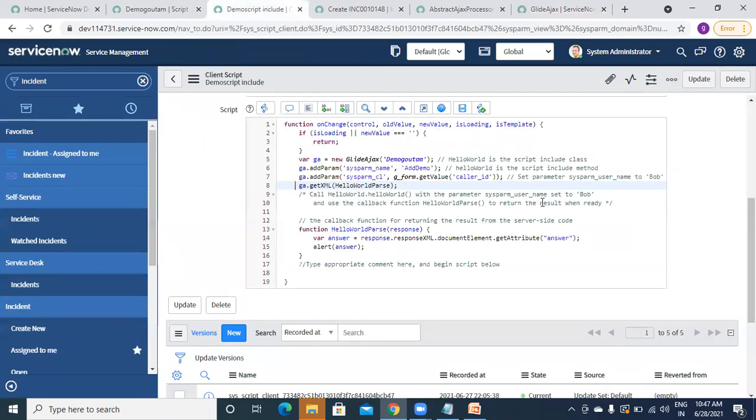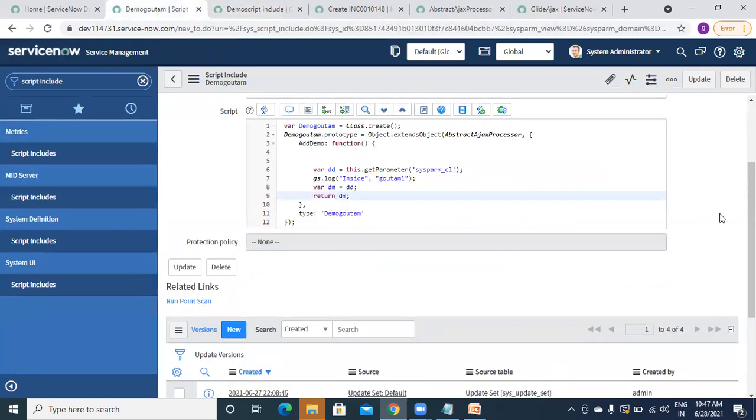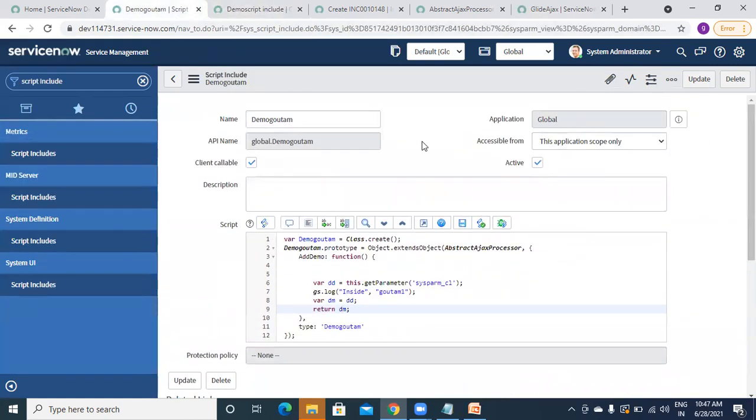Okay. And one more interview question. So this was about client callable. Then in script include, they will have some questions. The first thing is these three: class layers, new class, and extending class. And one question was directly asked to me in my interview: whenever you select client callable, which class does it extend? My answer was AbstractAjaxProcessor. So whenever you tick client callable, this is the class that gets extended. This was the question asked to me.